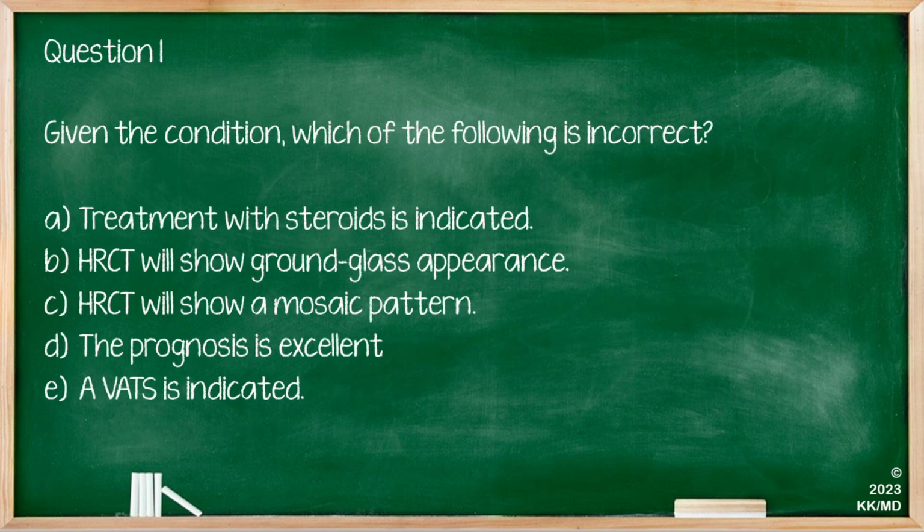So our options are A, treatment with steroids is indicated. Option B, HRCT will show ground glass appearance. C, HRCT will show a mosaic pattern. D, the prognosis is excellent. And E, a VATS is indicated. So the correct answer here is HRCT will show a mosaic pattern, as we would expect the HRCT to show